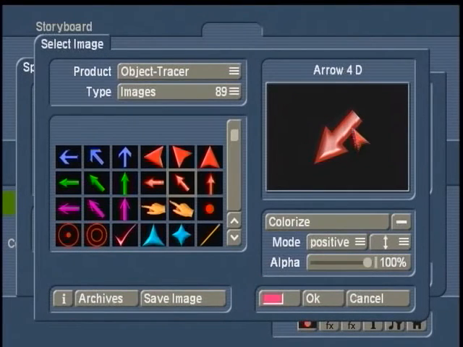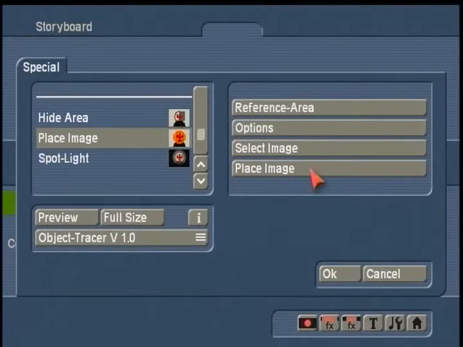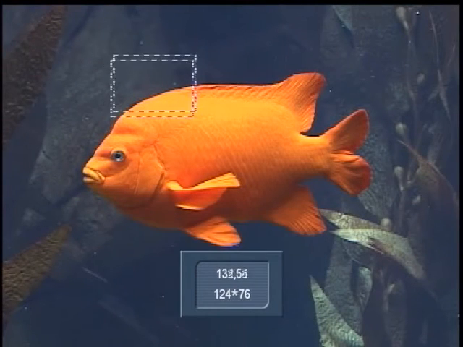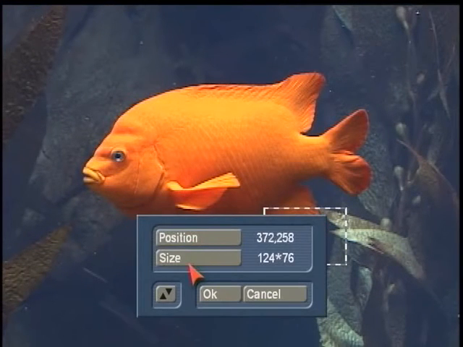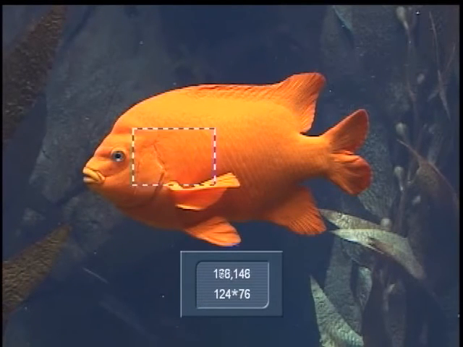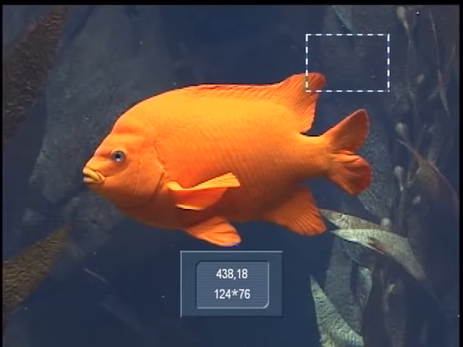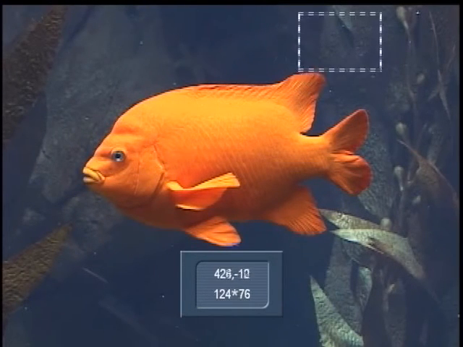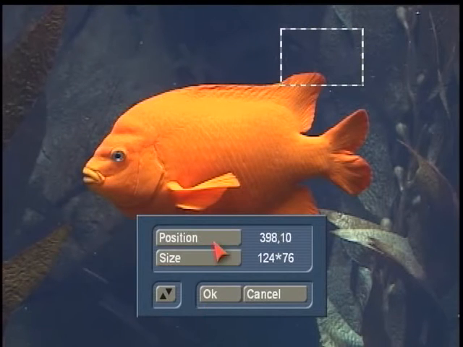Once you've set this up the way you'd like, then hit OK to close your select image. And now it's up to you to say, where do you want to place this image? And here is a box for the position and size of that subject. And we could position it here over the fish head or the tail, wherever we'd like. But it's going to track along on the screen and move with the fish based on the movement of this eye. So I'm going to have it actually highlight the fish tail